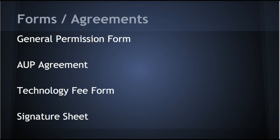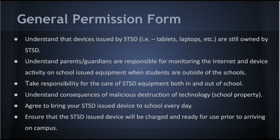In order for your student to receive a device, there are several documents that must be reviewed and a signature completed. We will review these forms one at a time, starting with our general permission form. The general permission form highlights the following: that devices issued by the Southern Tioga School District are still owned by the district,